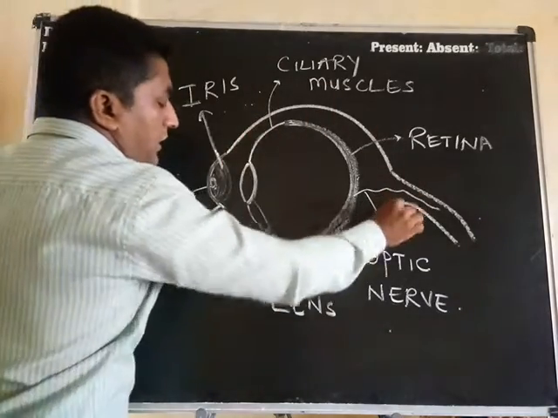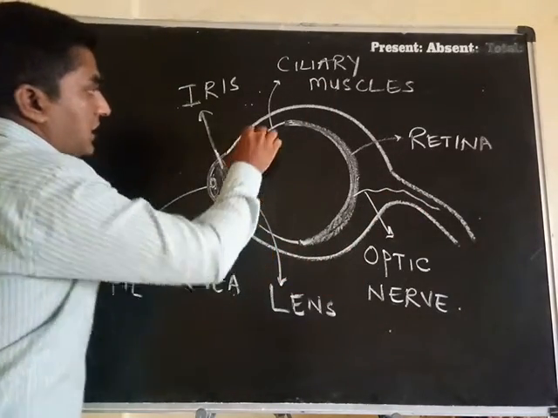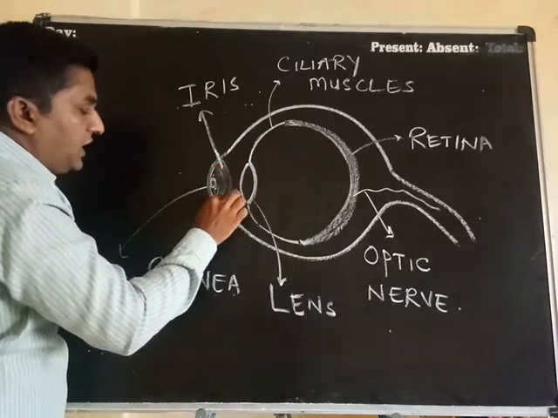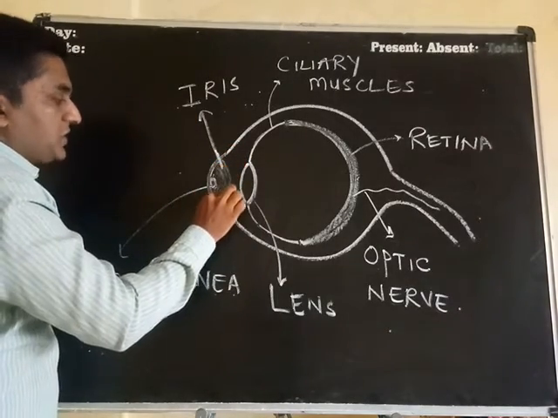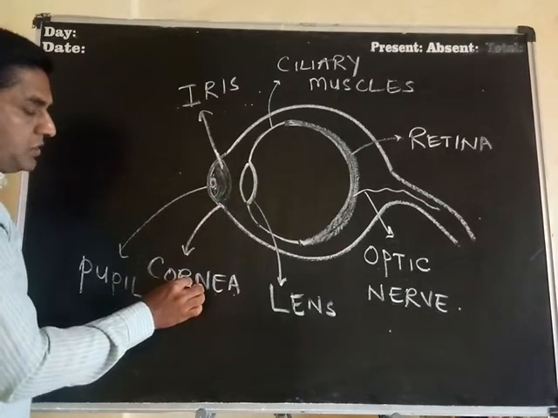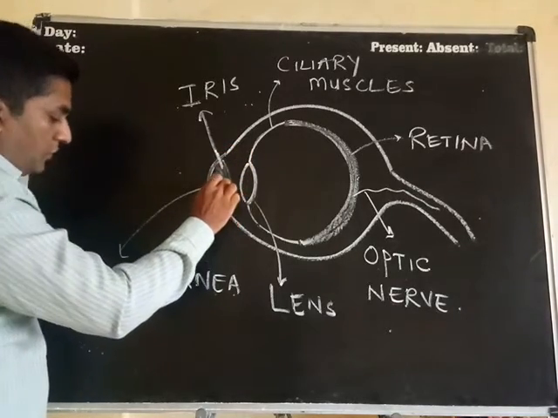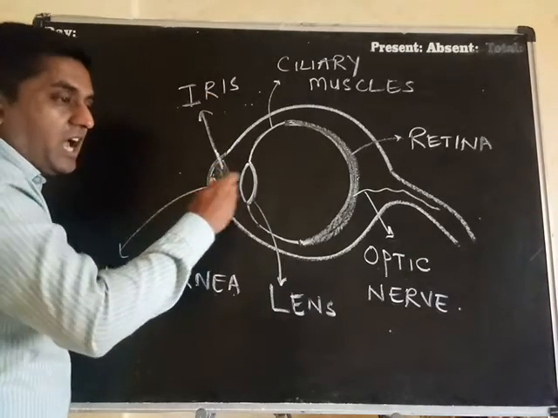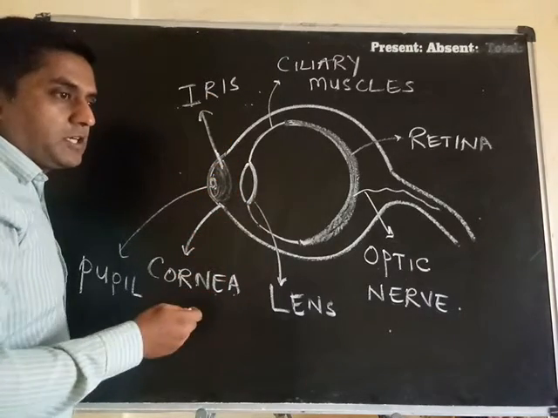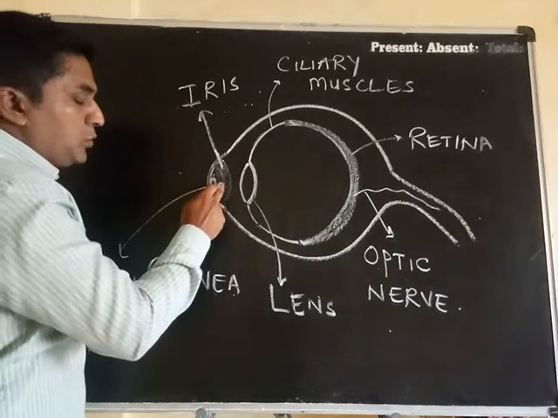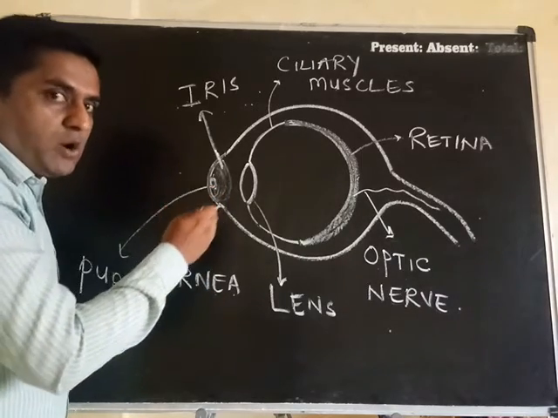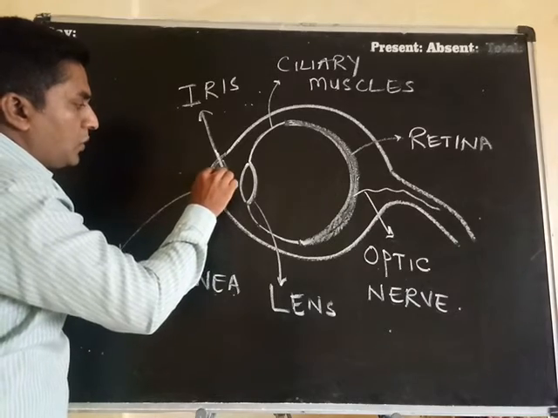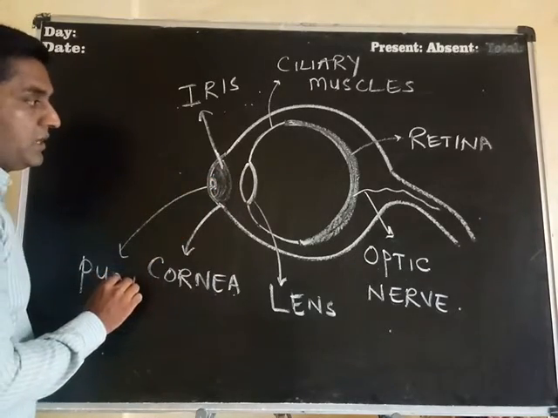This is your eyeball, everybody, and here in the starting, exactly near your eyelids, we have the cornea, which is transparent. It is called the cornea. Exactly inside the cornea we have the iris. Iris is fleshy. It has different colors as per the surroundings. Some have blue colored iris, some have brown or black colored iris, and exactly in the middle of the iris we have a small hole which is called the pupil.